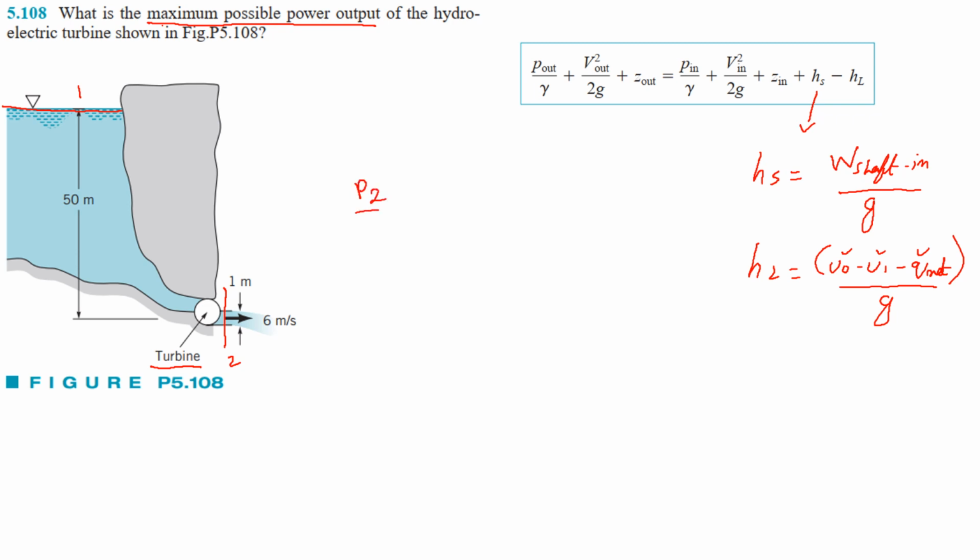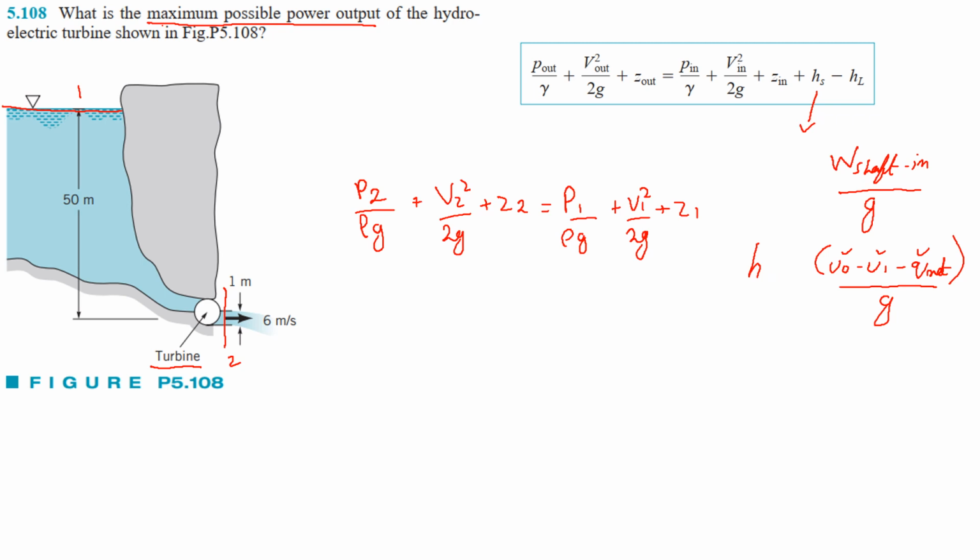So P2 over rho g plus V2 squared divided by 2g plus Z2, which will be equal to P1 divided by rho g plus V1 squared divided by 2g plus Z1,